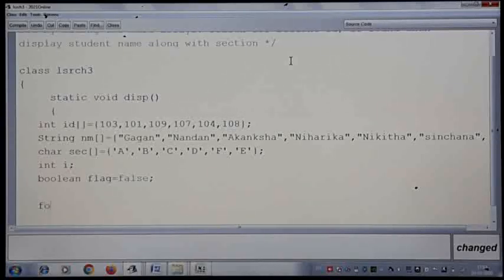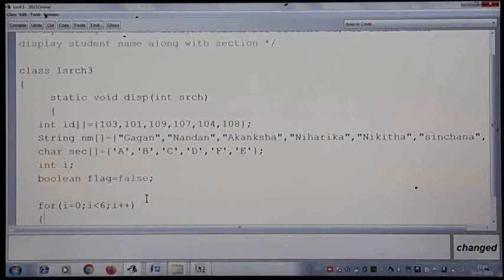Now I have to start with the for loop to search, or to start with linear search. So we start with 0. I go on, I less than 6 now. Why? Because there are 6 elements in an array, I plus plus. And one more thing, here I have to search. I should take search as an argument, integer search. So let us take search as an argument here, same like previous program only.